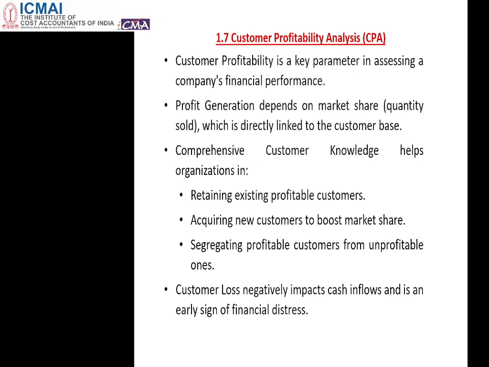After the profits are arrived at segment-wise, the customer database is ranked based on profitability. It identifies value-destroying customers whose costs exceed revenues. So this is again the profitability analysis part. The stages are: first identify the segments on certain parameters, arrive at the profitability of that particular segment, which is revenue attribution to each segment, then the cost allocation of each segment, basis which the profits are arrived at, and then after that, the profitability analysis is to be done, wherein